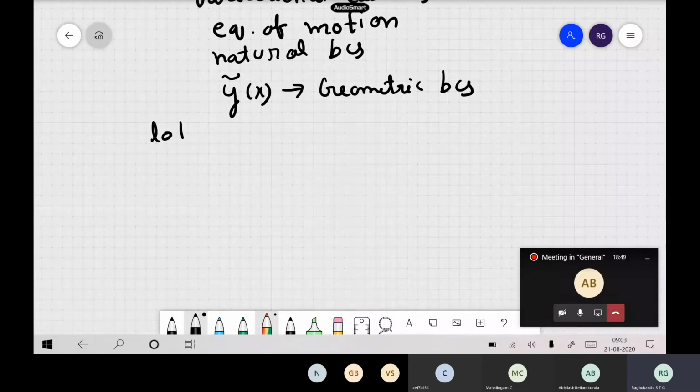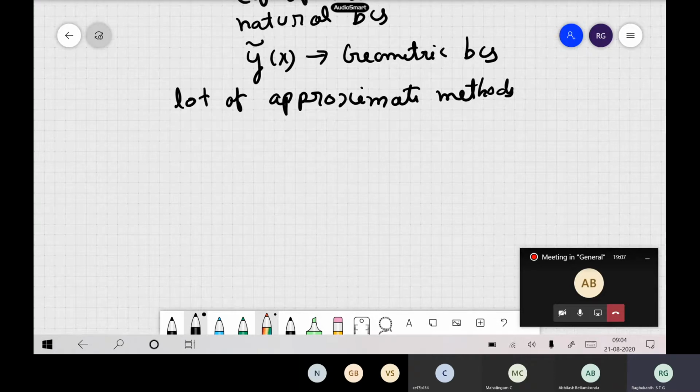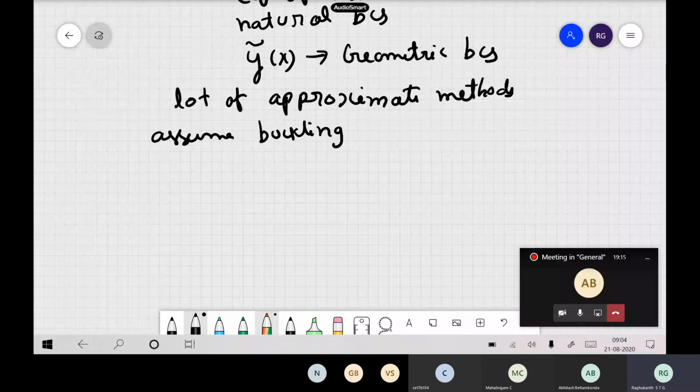This energy method gives rise to a lot of approximate methods. Several approximate methods can be derived from this variational calculus: the Rayleigh-Ritz method, the Galerkin method, the Rayleigh coefficient method. So many methods are there, but the basic philosophy is the same. What we do is assume some function, some buckling shape or modes. You can take the help of your strength of materials theory, and write in terms of polynomials or Fourier series, or whatever. The only thing is this buckling shape should satisfy the geometric boundary conditions, so that has to be ensured. Then you solve it and you get your answer.